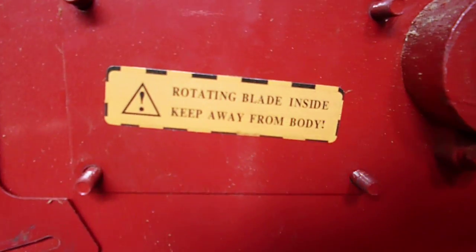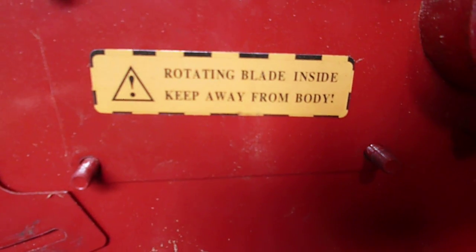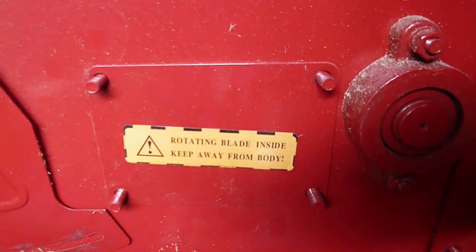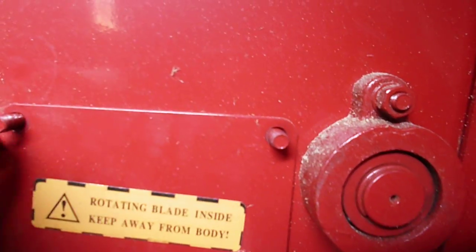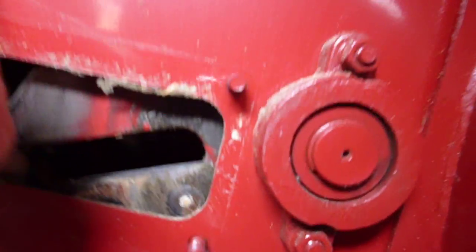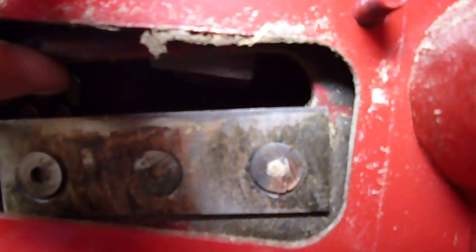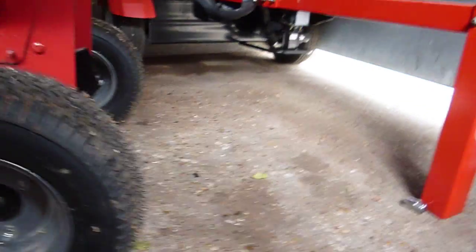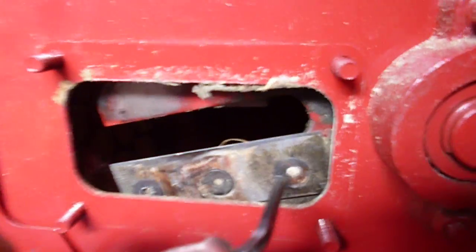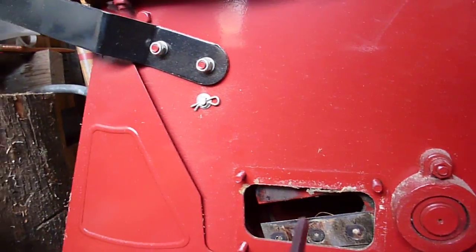Now, first of all, we have this inspection panel which says rotating blade inside, keep away from body. Now that, for changing the blade for the first time, made me think that that's how you change the blade. Well, I've already undone the 30mm nuts, so let's take this off anyway. And yes, you can see the blade there, and you can see it had 3 Allen keys. Now straight away that tells me that if I get the Allen key I should be able to just undo that, but no, it hasn't worked out like that,